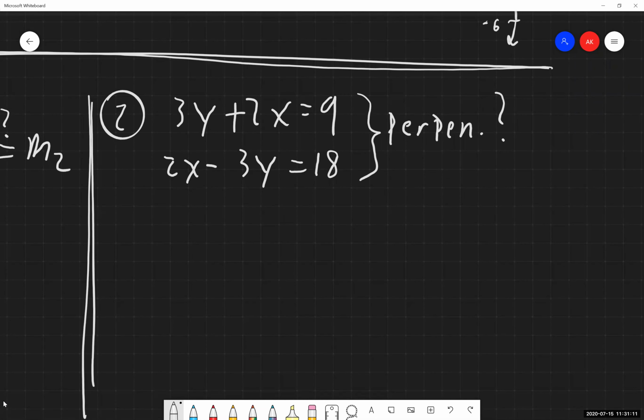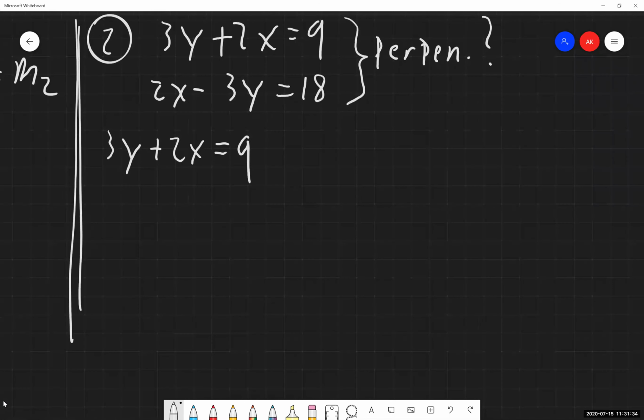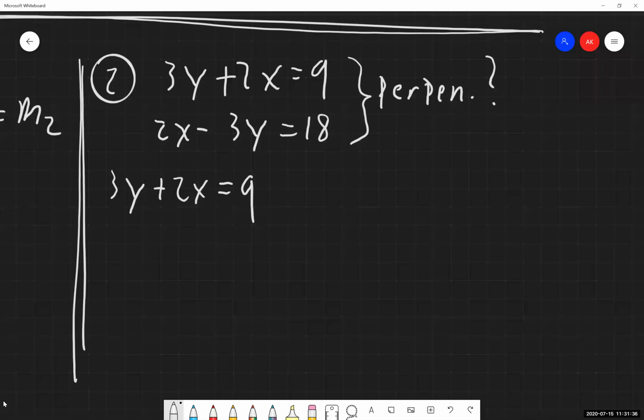So we need to identify what is the slope of the first line, what is the slope of the second line, which means for this instance, we're going to need to rewrite both of these equations into our slope-intercept form to find the slopes of each of them. So it's going to be some extra work, but we need to do it all the same if we want an answer. So again, trying to find this, I rewrite our first equation into our slope-intercept form, subtracting 2x from both sides.